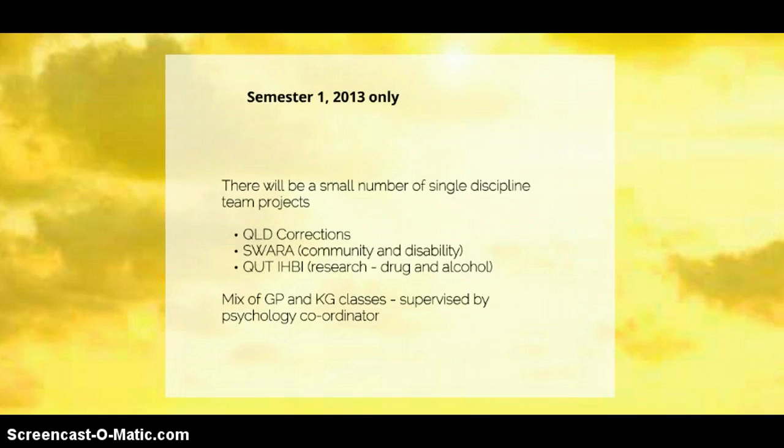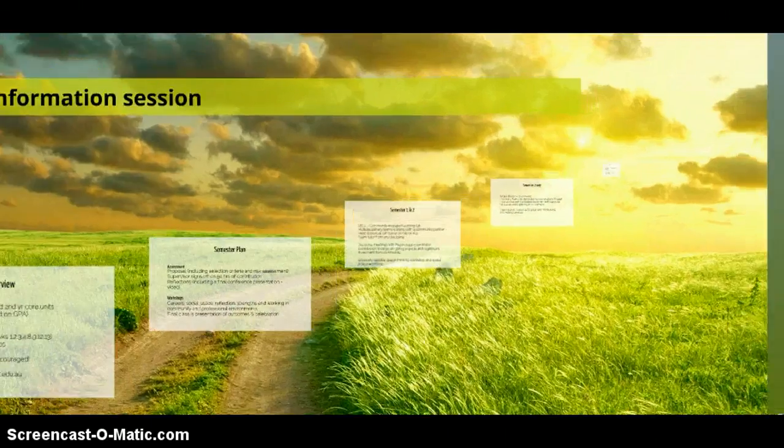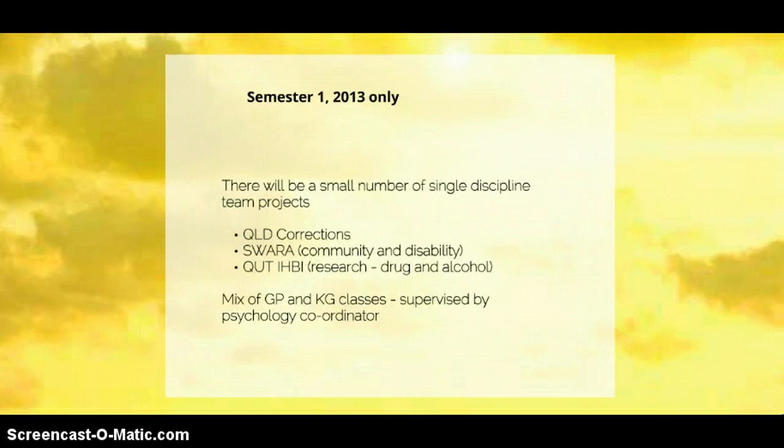In semester 1 of 2013, there will be a small number of single discipline projects that I'm going to offer. So there won't be a full list, and you won't be able to nominate your own, but there will be a small number of single discipline team projects at Queensland Corrections, SWARA, which is a community group for adults living with a disability, and at QUT in our Institute for Health and Biomedical Innovation in their youth, drug and alcohol area. This will include a mix of Gardens Point and Kelvin Grove classes, and they'll all be supervised by me as a psychology coordinator. They will be small teams, so 2 to 3 people, and they will be focused only